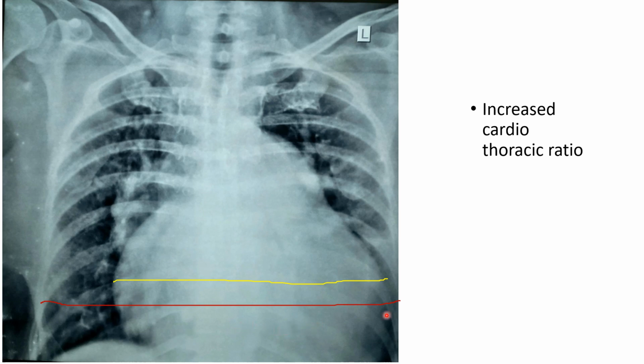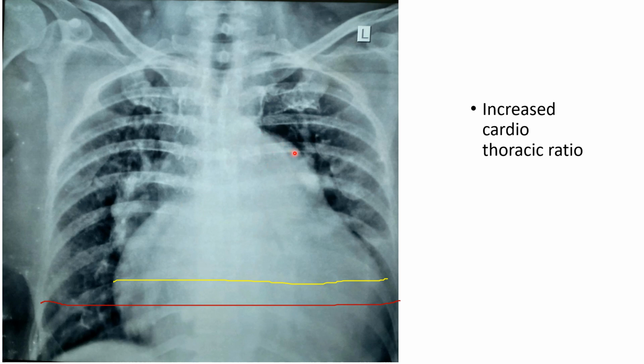So identifying cardiomegaly is quite easy. As you get used to that, visually you should be able to identify the cardiomegaly. So there's no need to measure most of the time. But there are other features in cardiomegaly which can give us a clue regarding what is the underlying cause of this cardiomegaly. So here, if you see, the pulmonary artery is enlarged, so there's a pulmonary hypertension, and